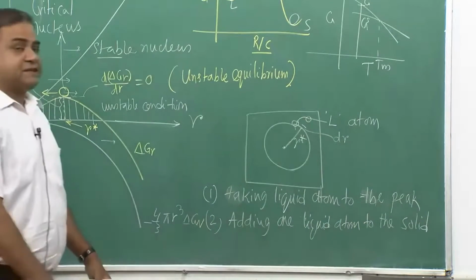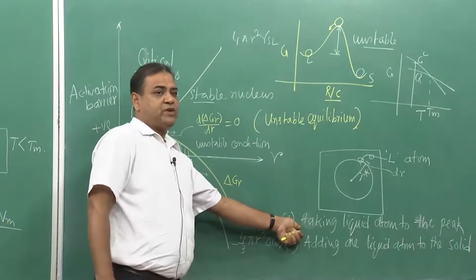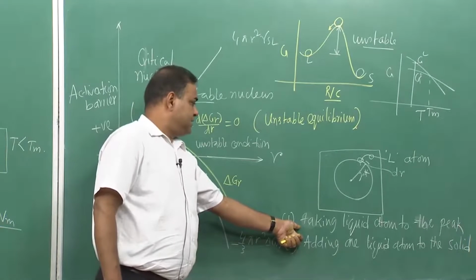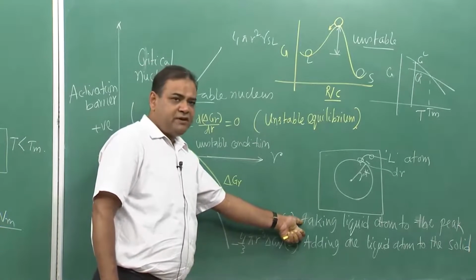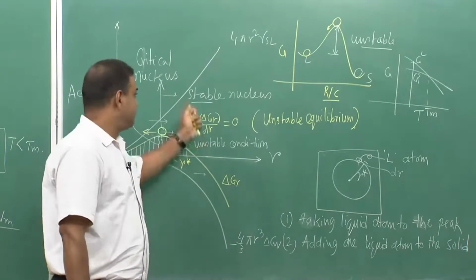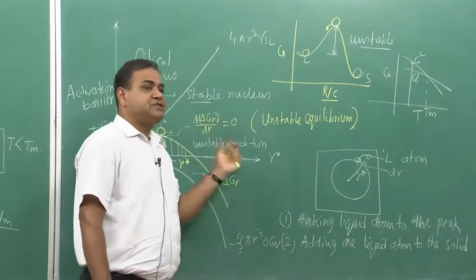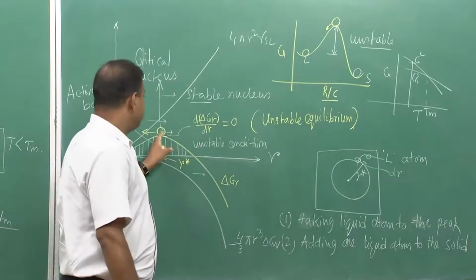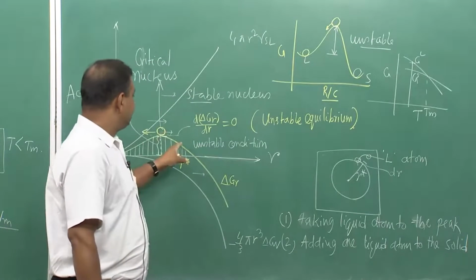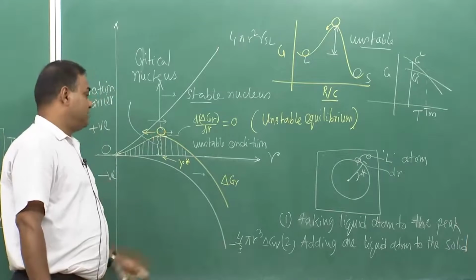So, these two events are taking place. So, this particular event we call it nucleation event, and this is a part of growth event, because the critical nucleus is growing because one liquid atom is joining the solid atom and making it go to the other end of this particular